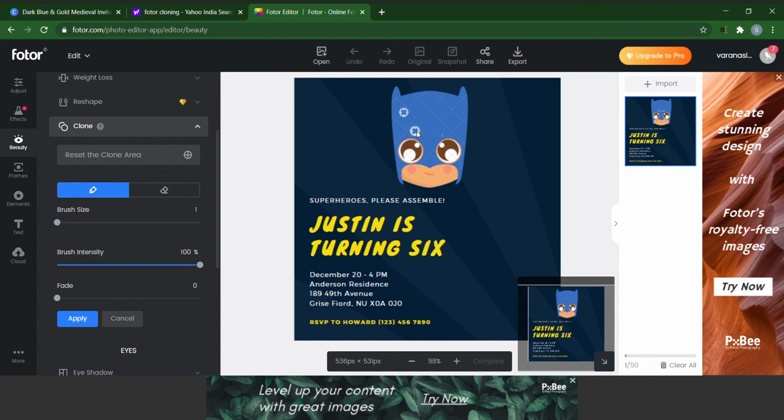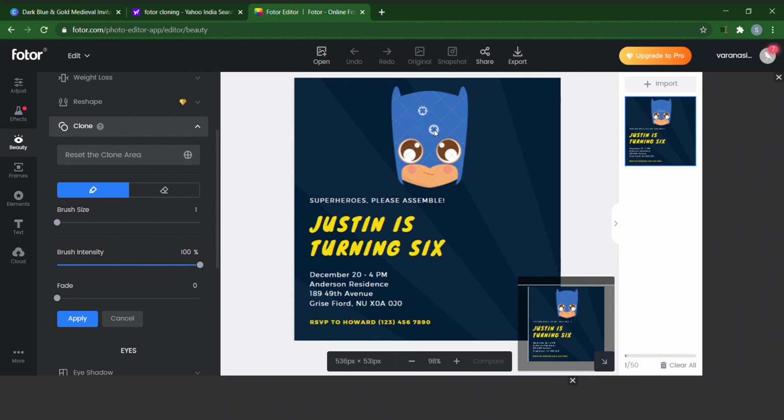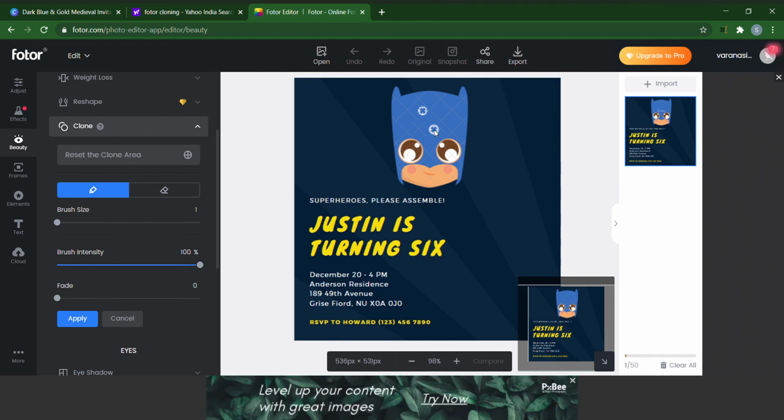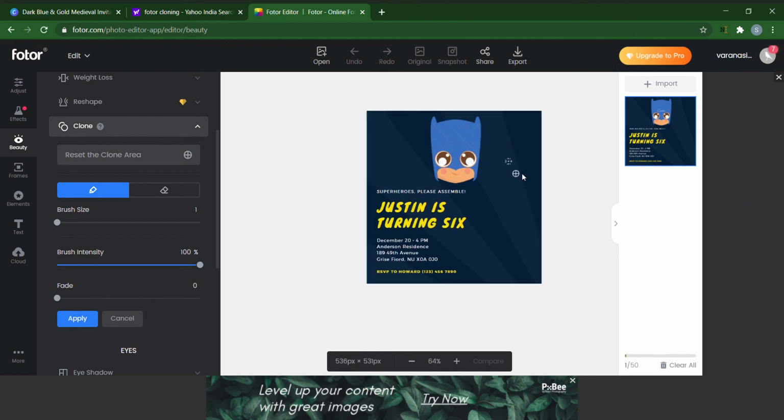I'm just demonstrating a very easy example, as I'm not that skilled. If you are skilled, you can use it for free. This photo website is free. You can use this feature for free, but in Photoshop we can't get it for free. That's it. See, removed. Thanks for watching.